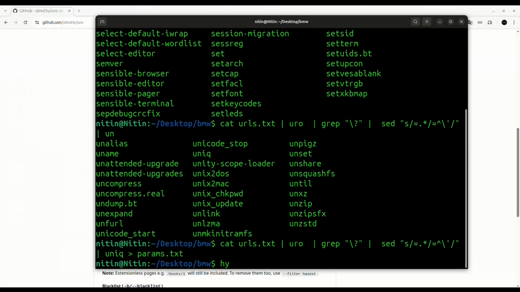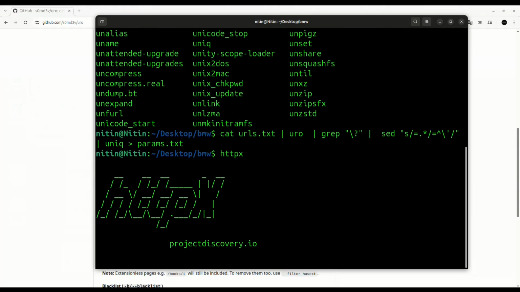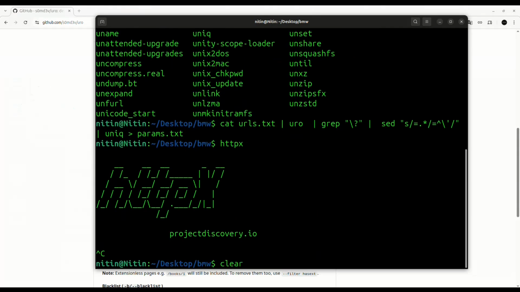Okay, so do we have httpx? Let's see. Okay, we have httpx.